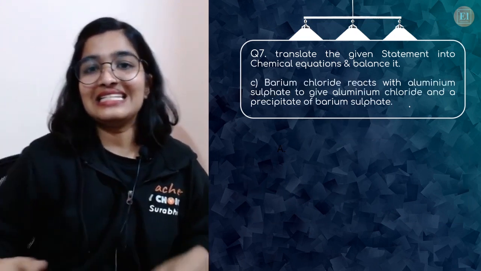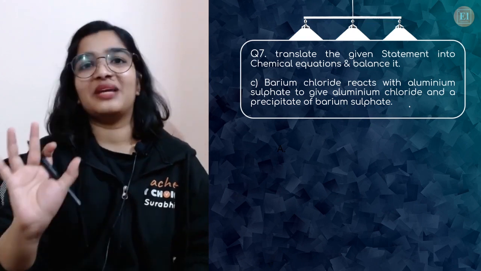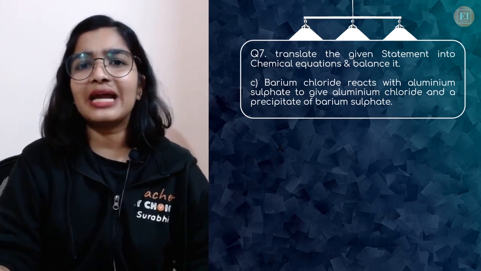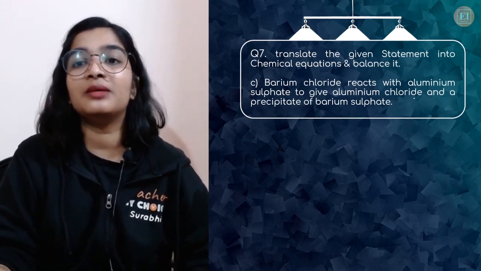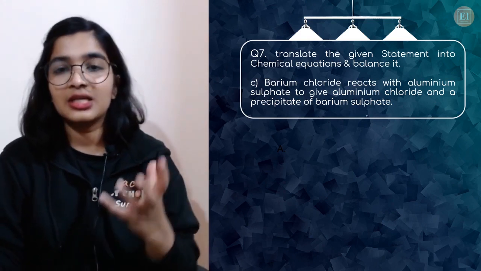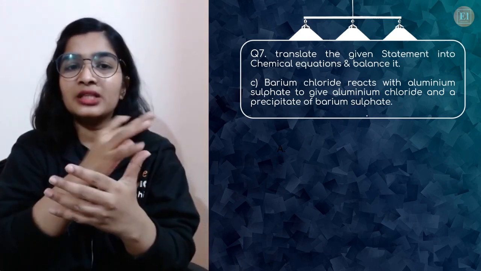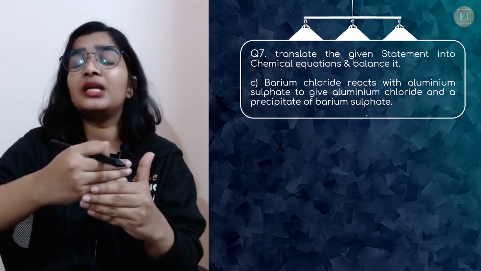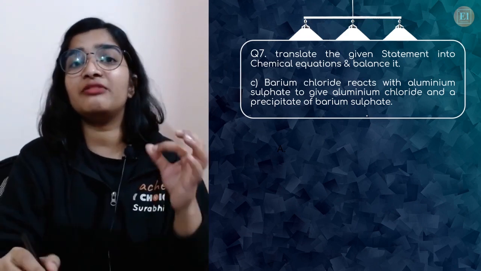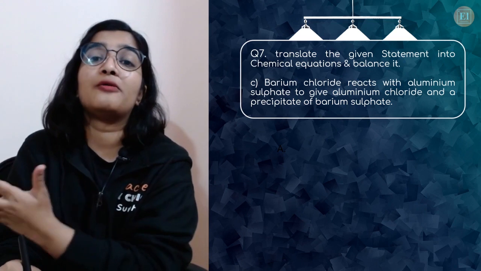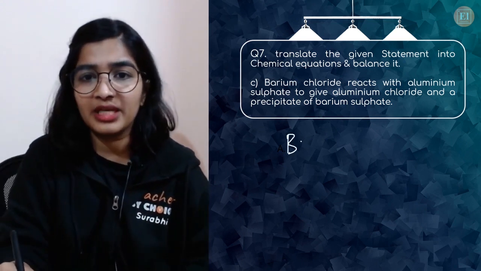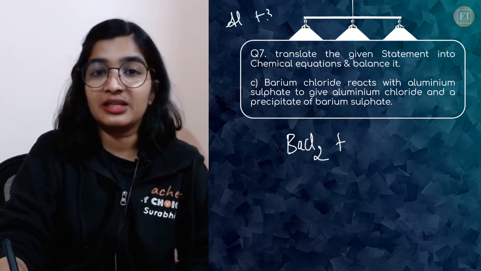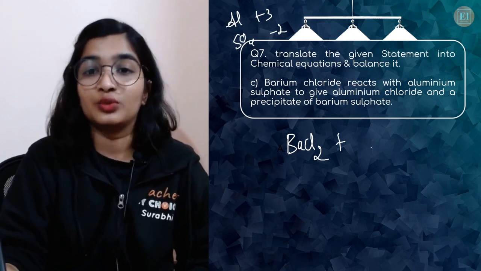Nice. Next, this is a double displacement reaction. Whenever I see barium chloride, yes, there will be formation of barium sulfate, which is a white precipitate. Barium chloride reacts with aluminium sulfate to give aluminium chloride and a precipitate of barium sulfate. See, whenever we are converting this word equation or statement into an equation, it is very, very important. You should know the chemical formulae of these compounds, right? Barium chloride is BaCl2. Aluminium sulfate, see, aluminium's valency is plus 3 and sulfate is minus 2. So you will get